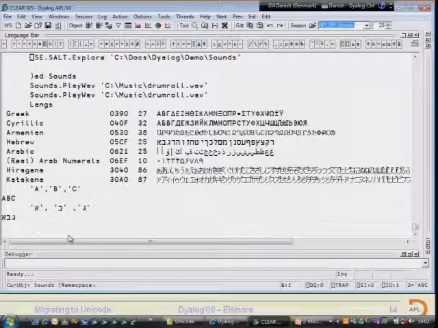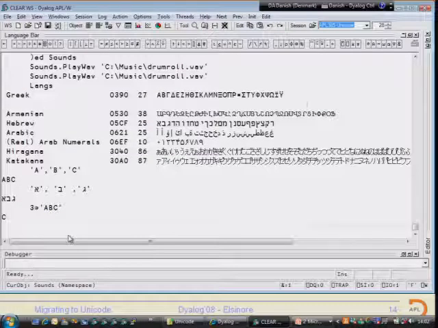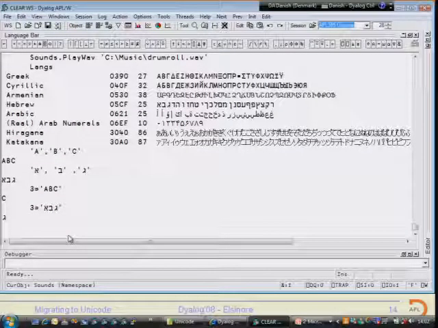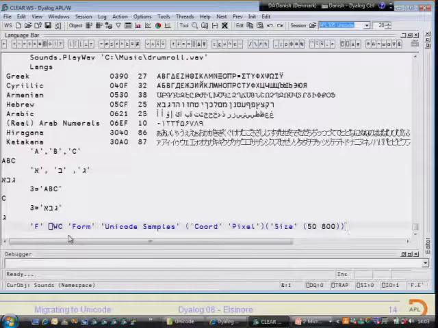But we took the view that you want to be able to do things like this. You want to be able to predict what's going to happen. APL is an array language. It's not a string language. That is a 3-element array of characters: Aleph, Beta, Gamma? Probably not. And the Lambda. So we do not, in the APL session, reverse the display of Arabic or Hebrew or anything like that, because that would make working with arrays